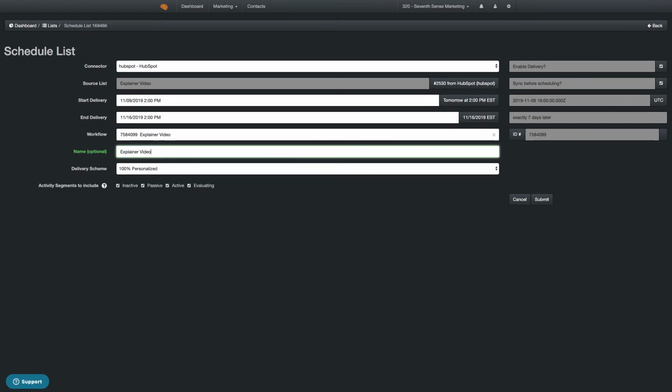Once we've selected the delivery window that we want the email to go out in, we then select which activity classes we want to include in the mailing. By default, all activity classes are included in the mailing. You can also change the activity classes you want to include or exclude in real time during any time before or while the email is sending. We'll cover some use cases of doing so in another video. In this example, we'll just select everybody. Next, we're going to click Submit,